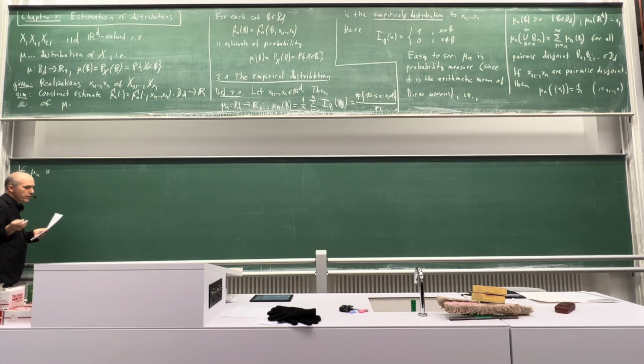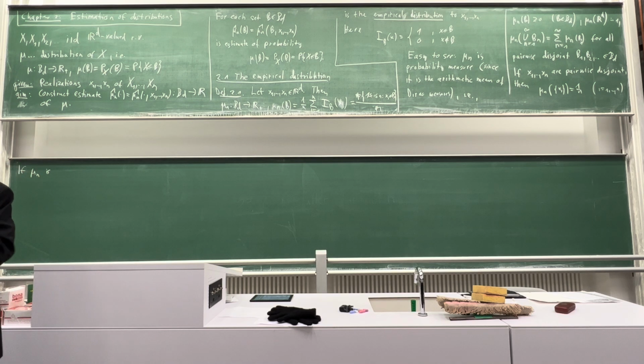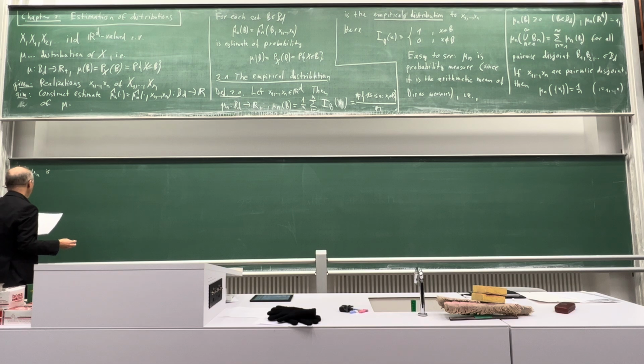That's something which we often will do in mathematical statistics, because we want to study some mathematical properties of these things. And then, of course, you cannot say something about all realizations, because there will be some realizations which occur only with measure 0, and it might be that the estimate behaves anyhow on these realizations. Instead, we consider what happens if we put in the random variables. Can we say something about the random quantity which you get then? So if nu is the empirical distribution of capital X1 to Xn,